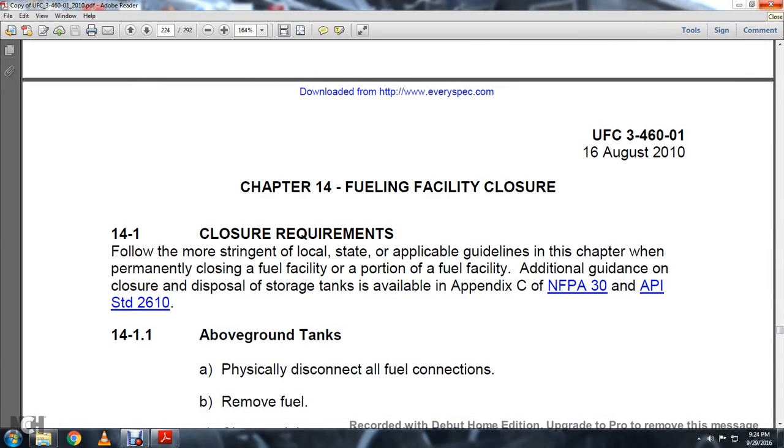Chapter 14, Fueling Facility Closure. 14.1 Closure requirements. Follow the most stringent local, state, and applicable guidelines for the chapter when permanently closing the fuel facility or a portion of the fuel facility. In addition, for guidance on closure and disposal of the storage tanks, see Appendix C